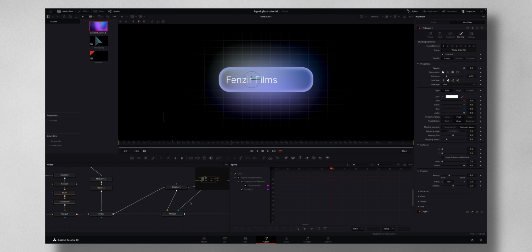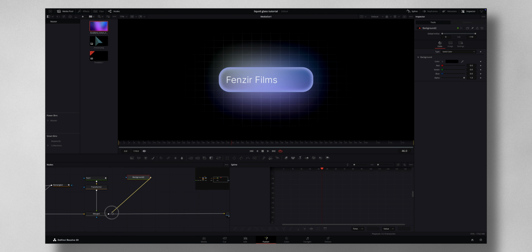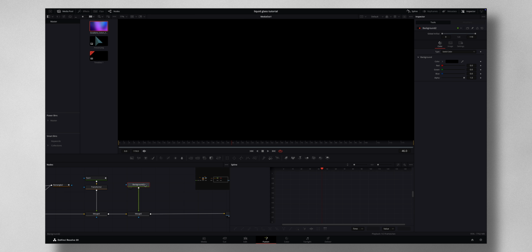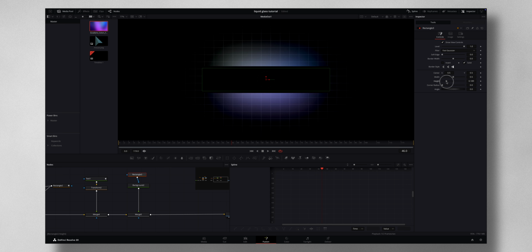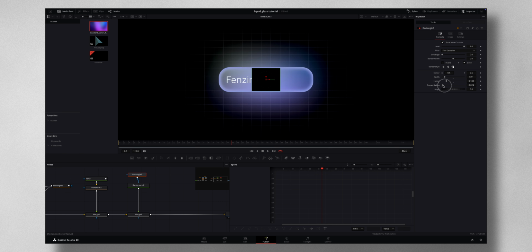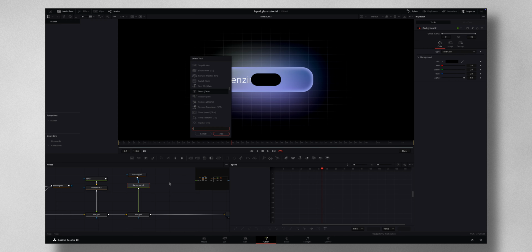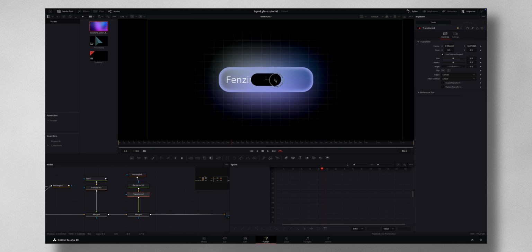Cool. Now let's bring in our next subscribe tab. For that, what I have to do is bring in a background node, just join it like this. And I'll bring in a rectangular node, join it to the background and reduce the height, reduce the width, increase the corner radius, something like this. Now to move it around, shift spacebar, transform,